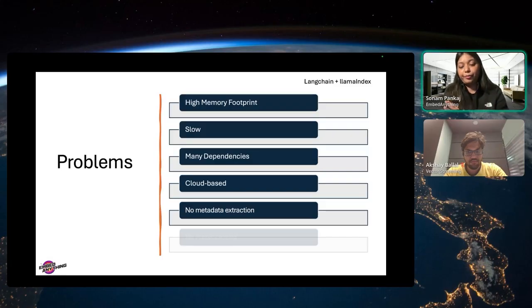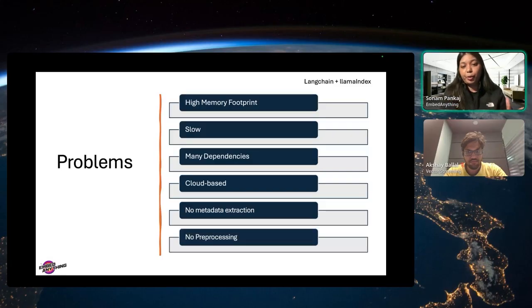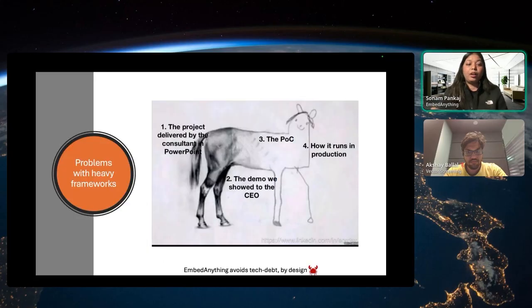Some of the frameworks don't provide metadata extraction, and then no pre-processing. The problem with heavy frameworks is that they are very difficult to maintain, and they come with high technical debt. So building a POC is okay, but putting it into production is a very different thing.